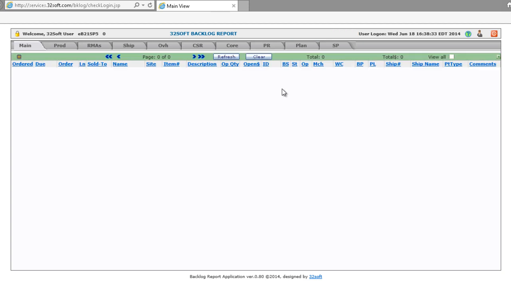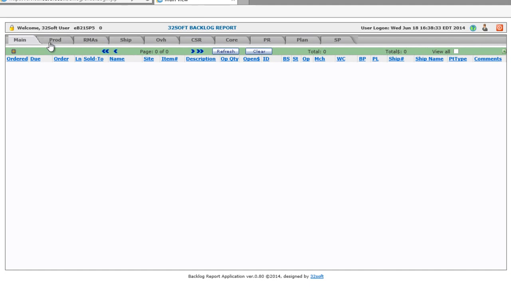Upon successful login, user will be taken into his or her default view. And what you see on my screen here is main view is my default, but I also have capability to switch to all the other views as well, right? So I can see what other departments' reports look like, right? But my default view is main, okay, as well as